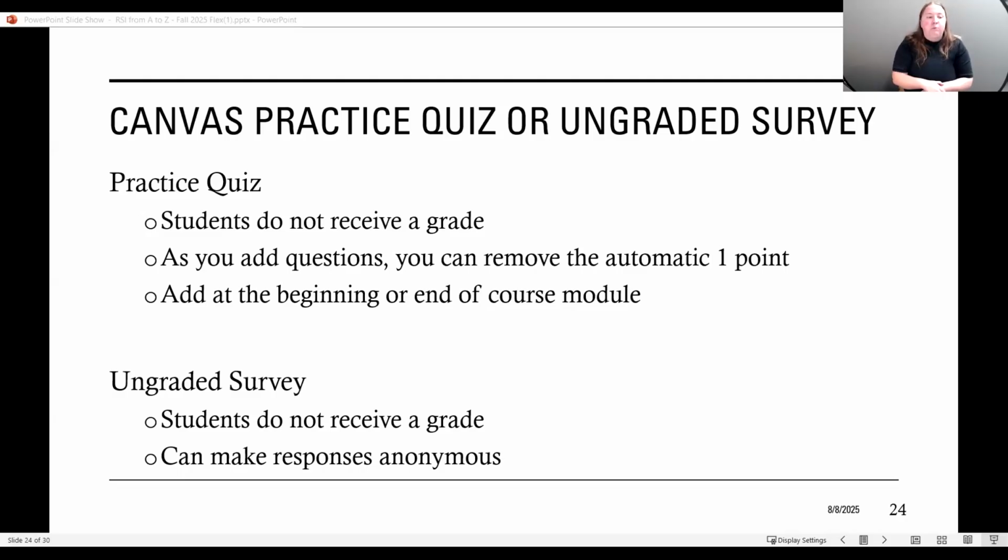When you create a practice quiz, as you add questions, Canvas automatically adds 1 point for each question, but you can click in that little box and change it to 0, so it will be 0 points for the practice quiz. As for the ungraded survey, if you want anonymous responses, this would be the better feature to use to give you that feedback from the students.